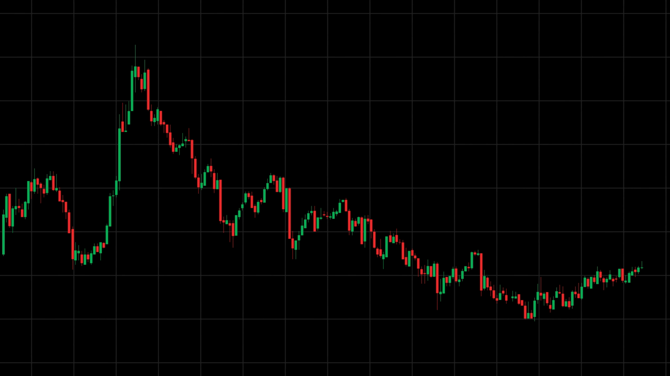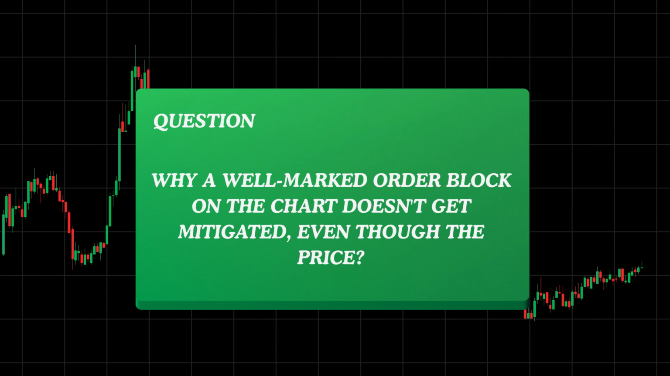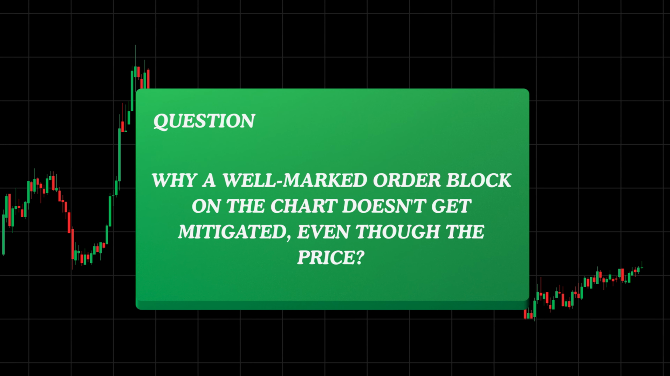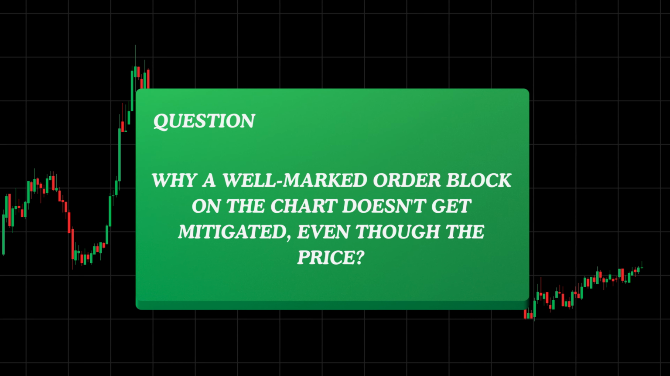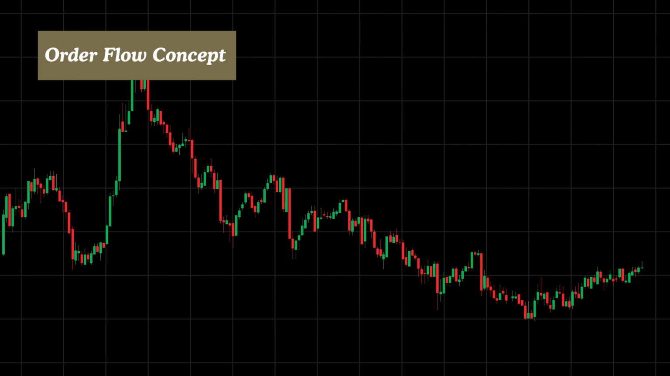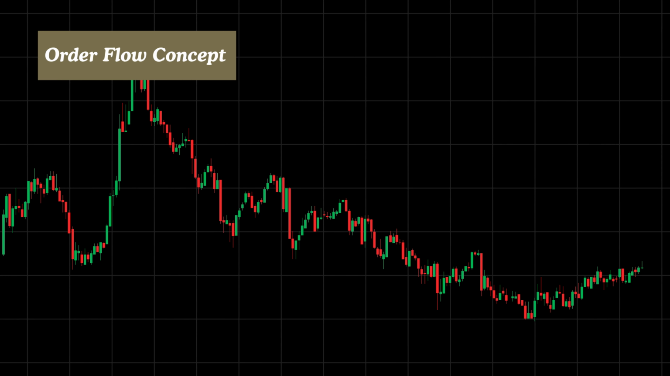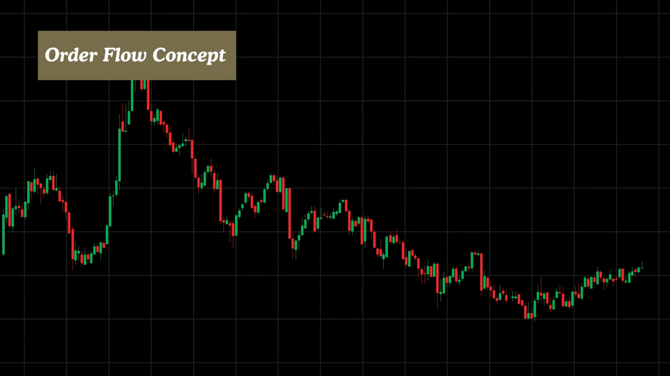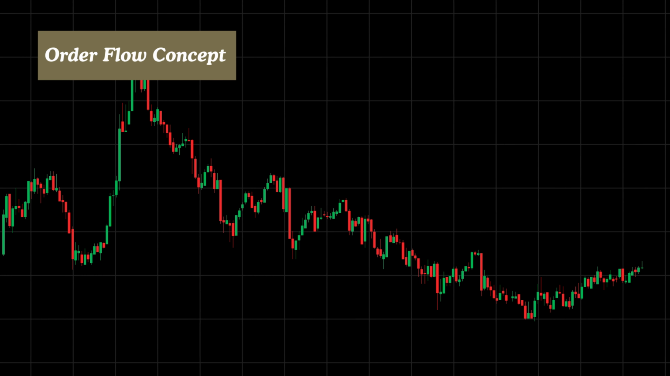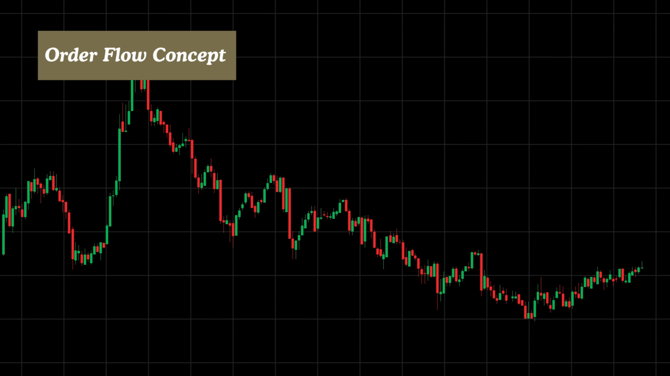Many traders often ask why a well-marked order block on the chart doesn't get mitigated, even though the price still moves in the predicted direction. The key to answering this lies in understanding order flow. While order blocks offer important clues, they don't always dictate how price behaves. Other factors like overall market sentiment, macroeconomic events, and the dynamics of supply and demand also play a vital role